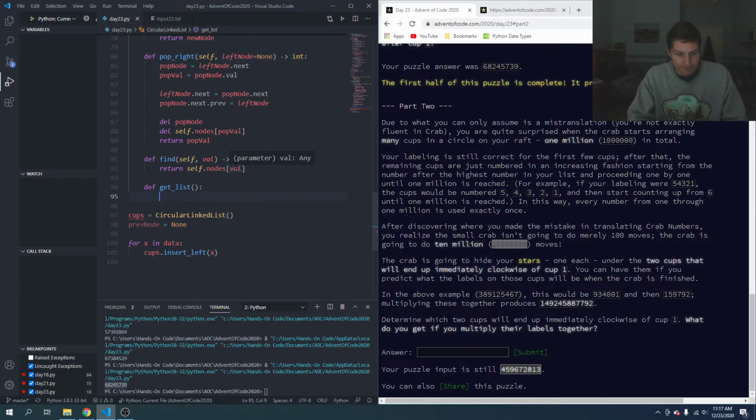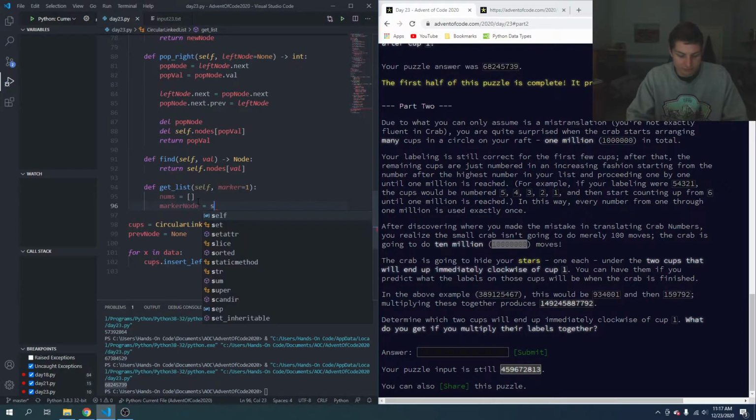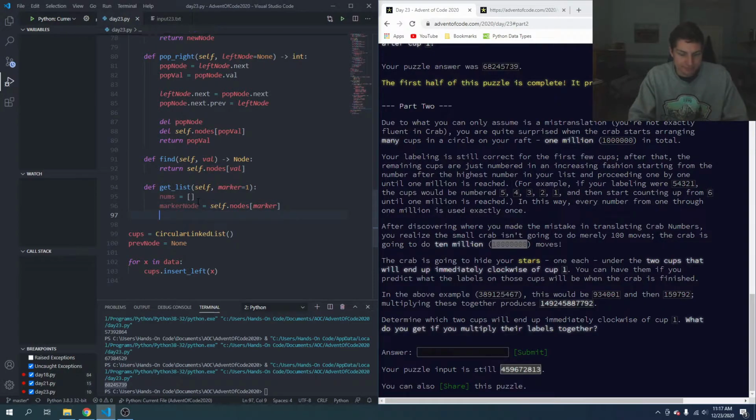So nums is equal to a blank list, and we want to give it a number to start from. So self, and then a number to start printing from, and then val. I guess marker node is going to be equal to self.nodes marker, and nums.append